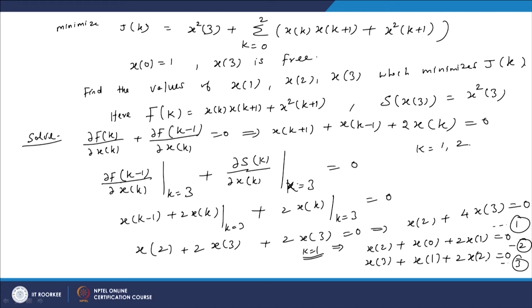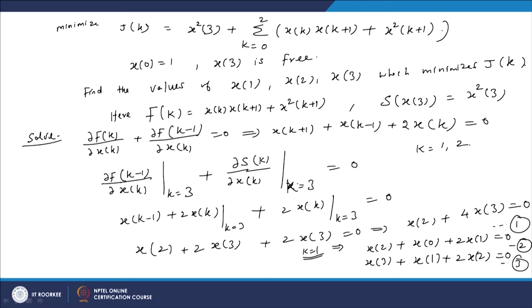This is equation 3. So, if you solve this, the unknowns are x1, x2, x3, and we have the 3 equations with the 3 unknowns. But x of 0 is known to us, x of 0 is 1 here. So, in the second equation we get x of 2 plus 2 times x of 3 equal to minus 1 in that case. So, we have 3 equations with 3 unknowns. By solving, we will get this sequence. Similarly, we can solve for more general expressions of this summation.